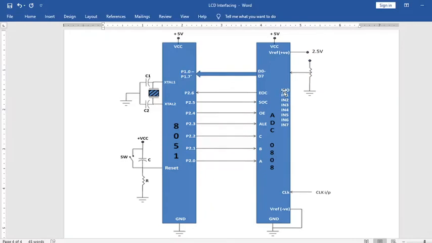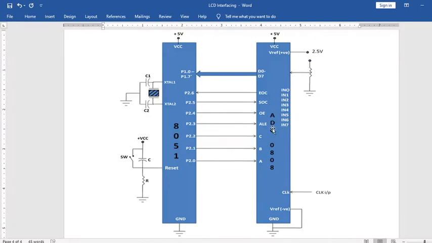Once the input channel is selected, the input will be read from the particular channel, and after that comes start of conversion. SOC is nothing but the start of conversion signal, which is provided by the 8051 microcontroller on port 2 pin 5. On this pin the SOC signal will be sent to the ADC. Once this signal is received, the ADC will start converting the analog input taken from the selected channel.